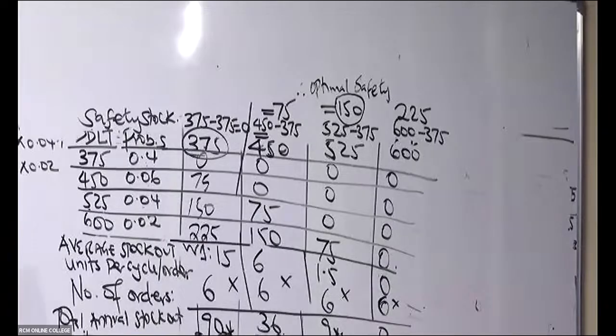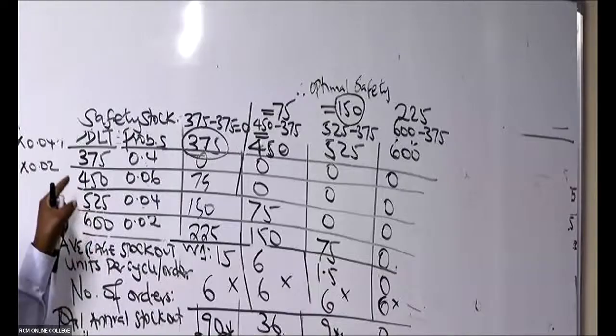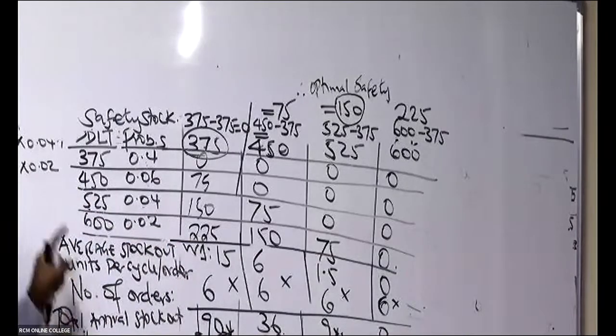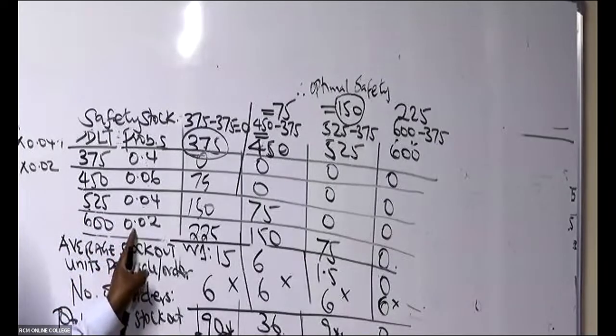So if we say the optimal supply, we are supplying this 525, there is only one possibility of us running out of stock: if the demand is 600. If they ask us for the probability of stock out, that will be the probability of our demand being more than 525, the amount we have been able to stock ourselves. So in this case, we can only get a surprise if the customers will be 600. And what is the probability of 600? It is 0.02.